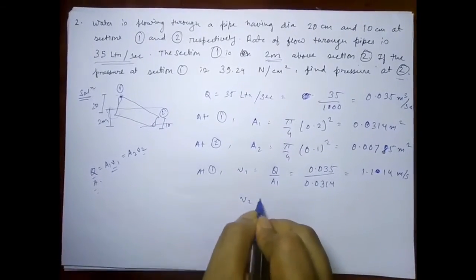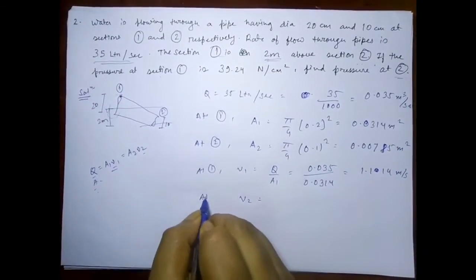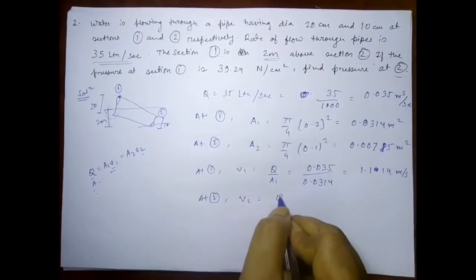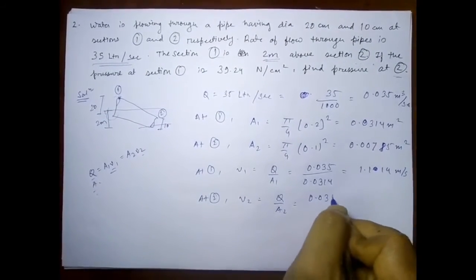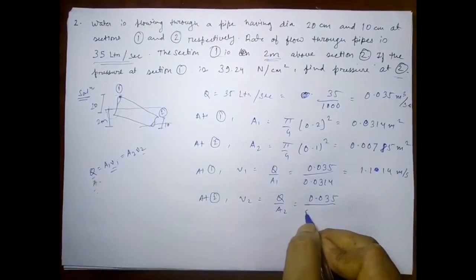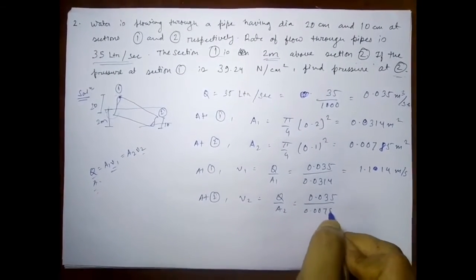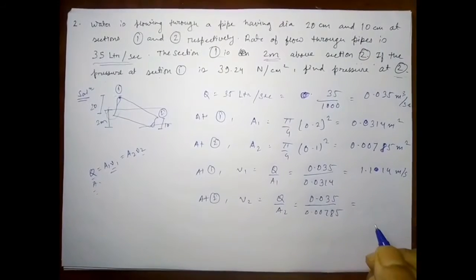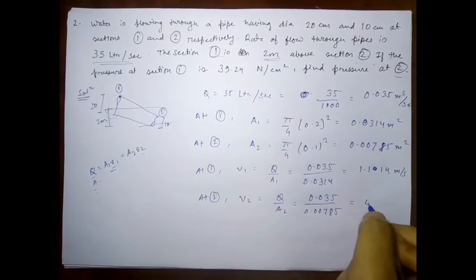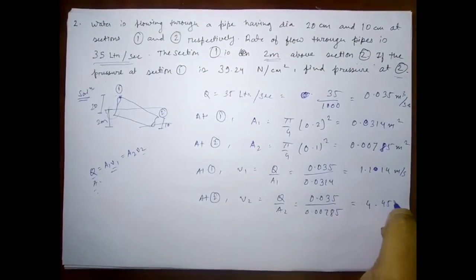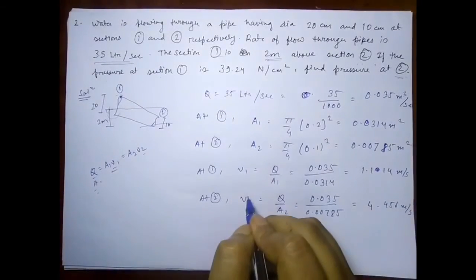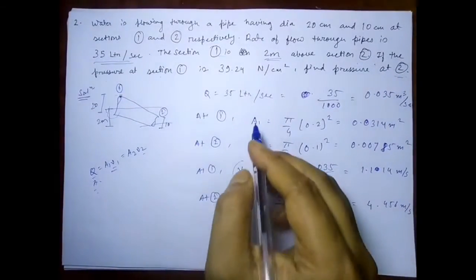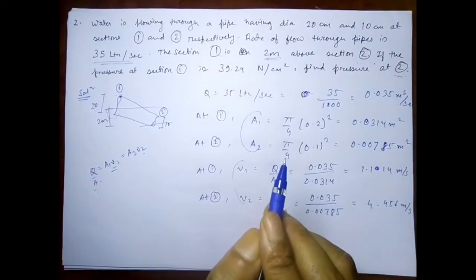Similarly, v2 will be equal to Q upon A2, and that is 0.035 upon 0.00785, and that is equal to 4.456 meters per second. So we have obtained the velocities at two cross sections, the areas at two cross sections,